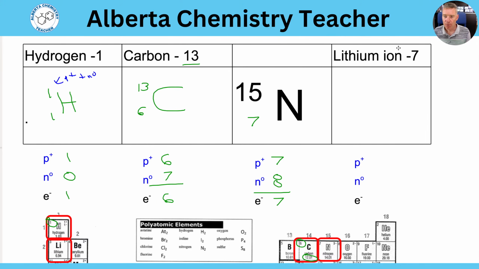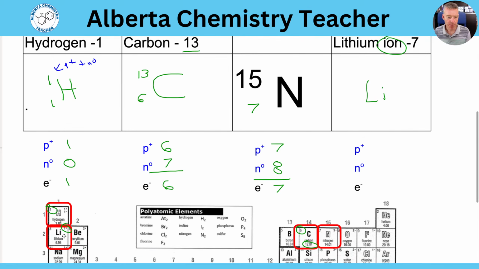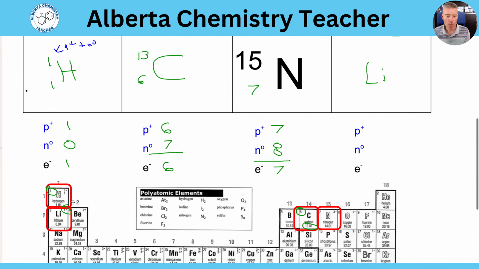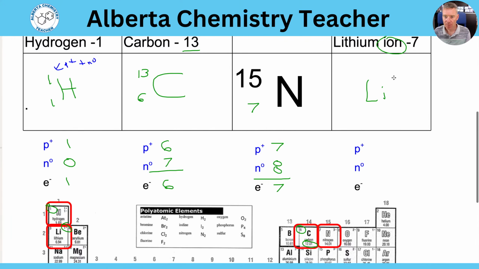Last example, we have an ion, so it's not going to be neutral. So we have lithium, and we could look up the charge, and it is +1. And you see everything in this first group is all 1+: hydrogen, lithium, sodium, potassium, rubidium, cesium, they're all +1 when they're ionized. So we have 1+. So we have a mass of 7, and then we need our table for the atomic